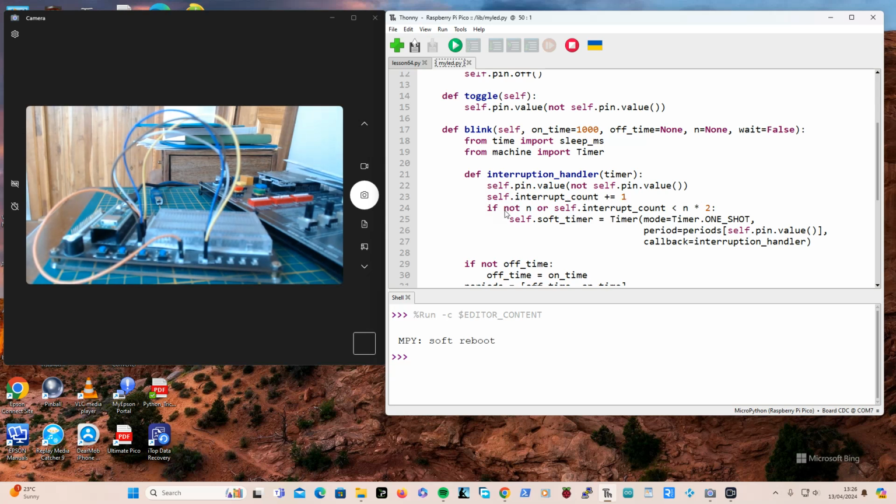Now here it says if not n, which means I'm going on forever, or self-interrupt count is less than n times 2. If you want to blink n times, you want to go on and off, on and off, on and off for each of n. Therefore the interrupt count needs to be twice n, if you get my drift. And then I'm setting up the timer, and this time,